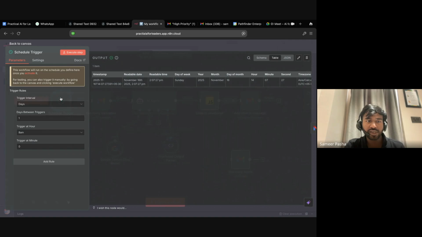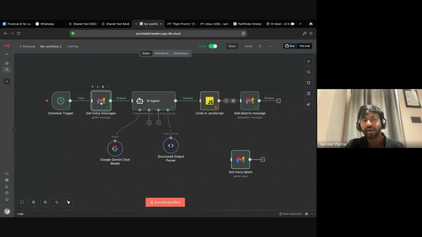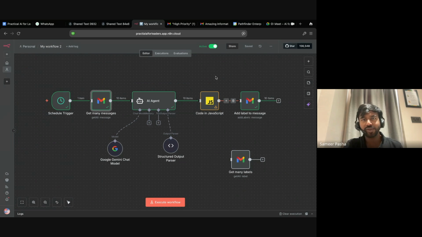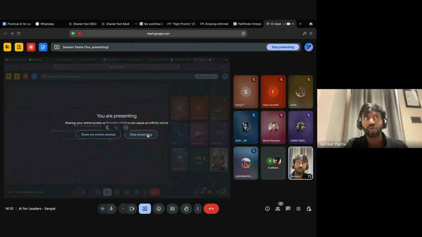And as per the trigger that I have set up, every day at 8 a.m., I get all the emails which are in my inbox unread. The last 10, you can change it again, 50, 100, whatever it is, will get auto tagged. So by 8 a.m., the moment I go check my email, it's all labeled as per how important or how urgent it is for me to get back to that particular email.